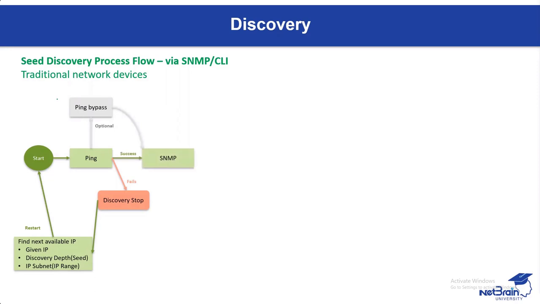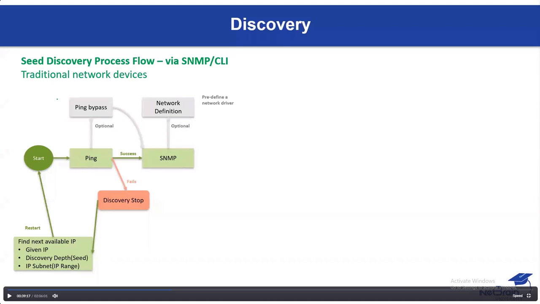Then, either because the ping check has been bypassed or because it's responded in some way, it's going to proceed to the SNMP assessment. And then if we fail the SNMP assessment, we have the option